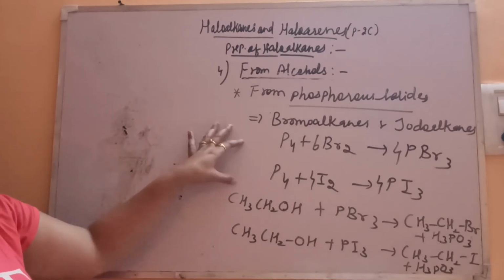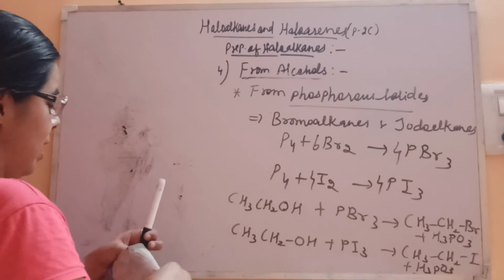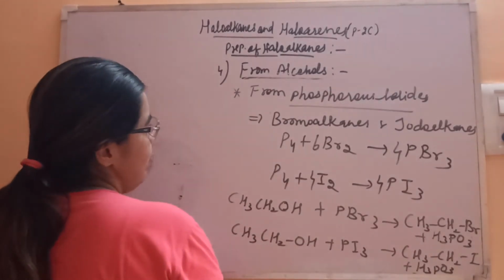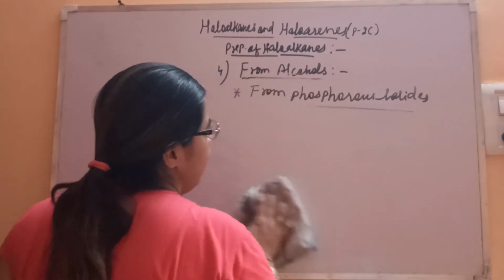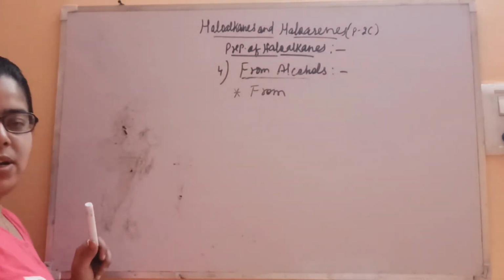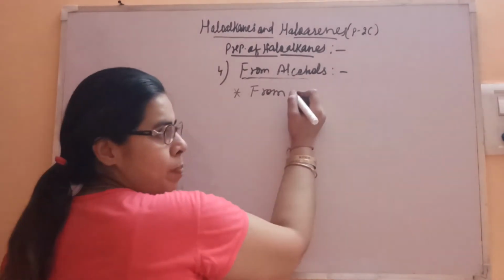These are the main things: preparation of the compounds which do not exist as such, as they are unstable. So in situ we are preparing. So this is one of the methods that we have seen, and the last method is from alcohol. What is the reagent now? See, we have covered 2 methods. As compared to the other 2 methods, this method is more preferred.